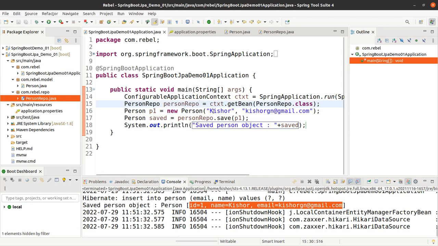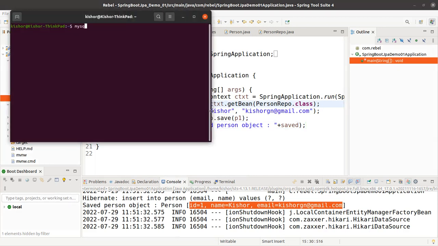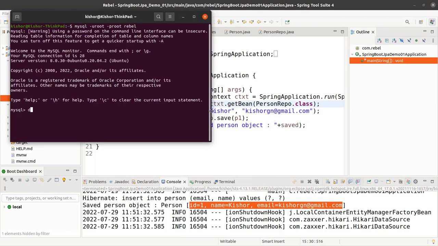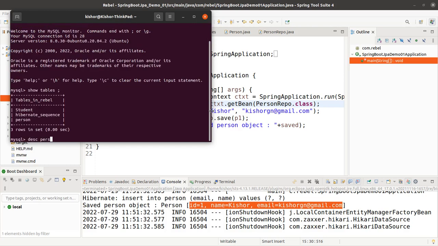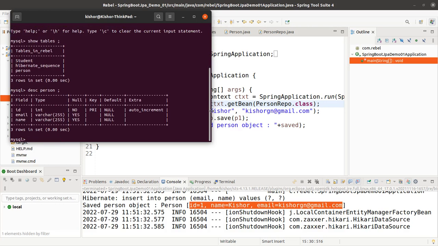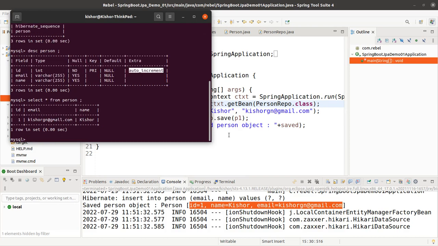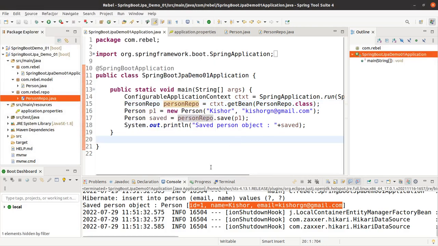Right. Now, let us try to observe in the database table. mysql -uroot -proot. The database is rebel. Describe, show tables. Describe person. ID primary, auto increment. Okay, so select all. You can do select star from person. Okay, so this is what? Save a single object. In the same way, find all,